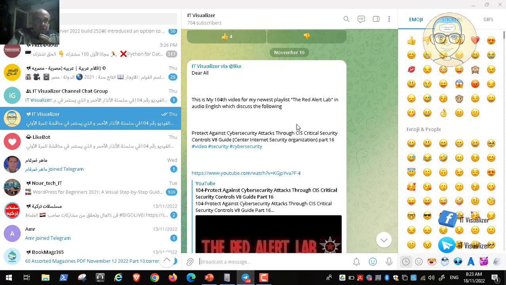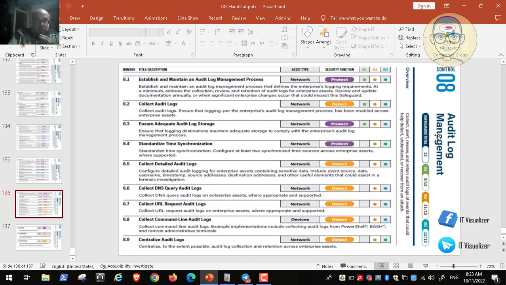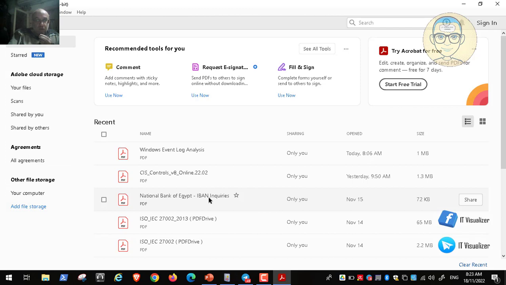In general, Windows logs a lot of things. So if you go to the event log, first of all, let me show you something called audit log management. Let me open the PDF and show you what he means by audit log. So if you go there and open the CIS controls,